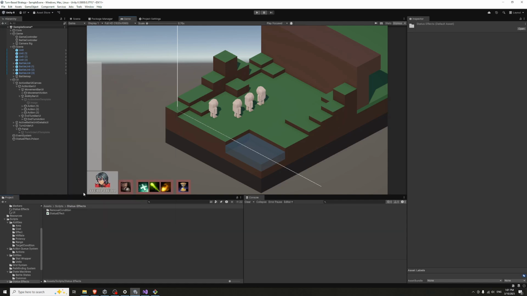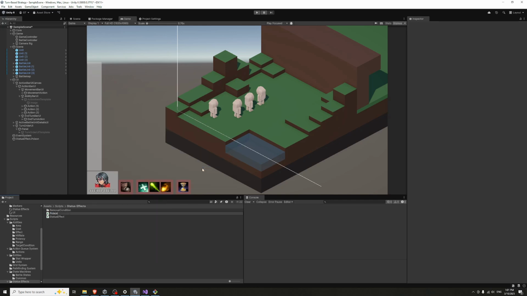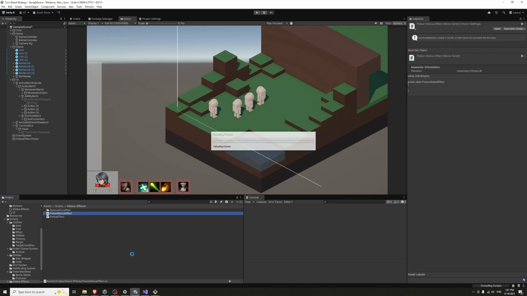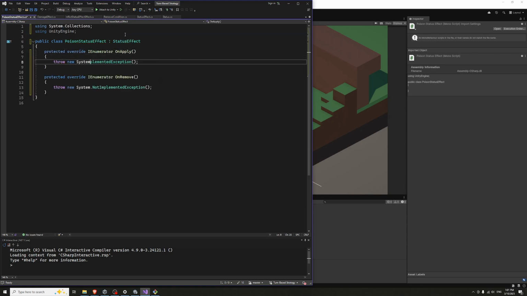So this is poison status effect. It will inherit from status effect, and I need to implement the abstract class. So on apply,